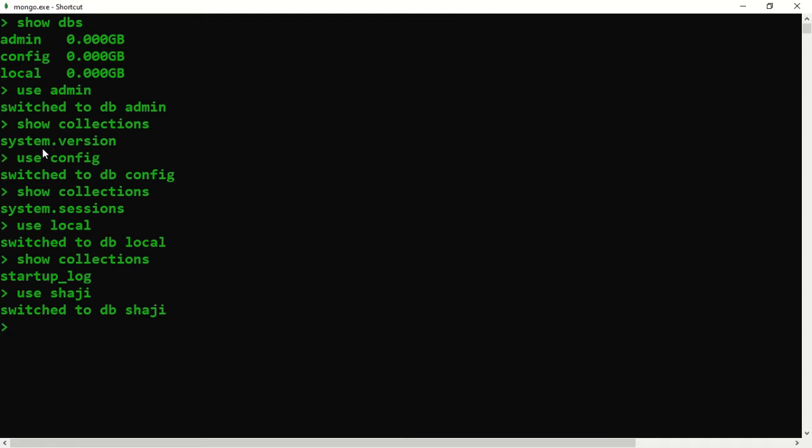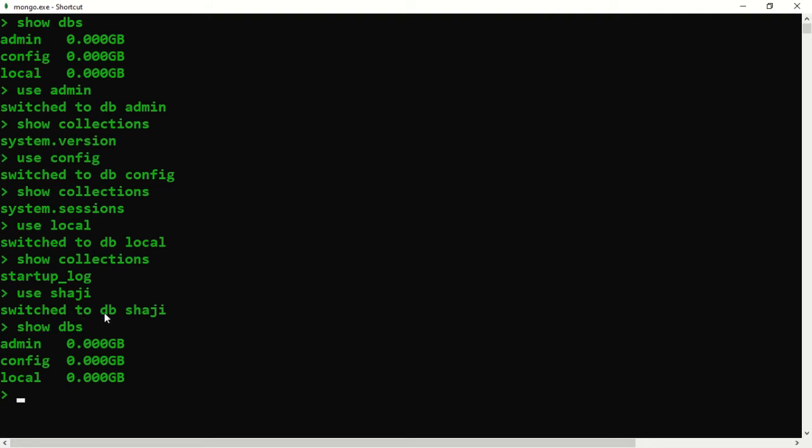So now you are in the Shaji database, correct? Now let's see show dbs. Still it shows you only the previous three databases. It is not showing my database, which is Shaji, right? There is no Shaji in this database list. Why? According to MongoDB, use Shaji means if it does not exist, it will create it and then switch to that database.